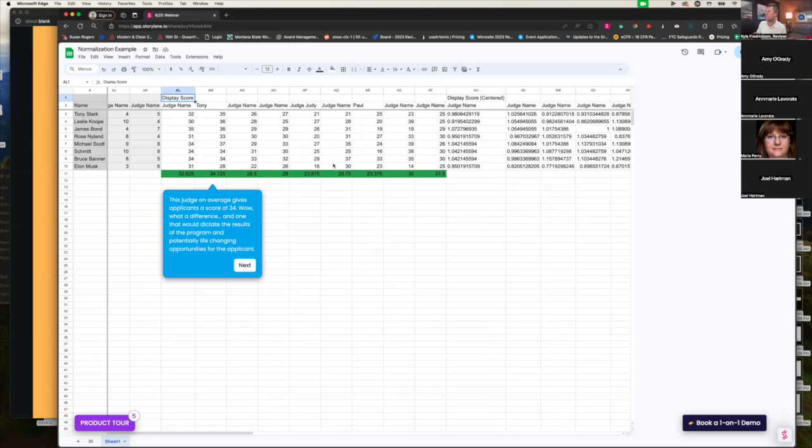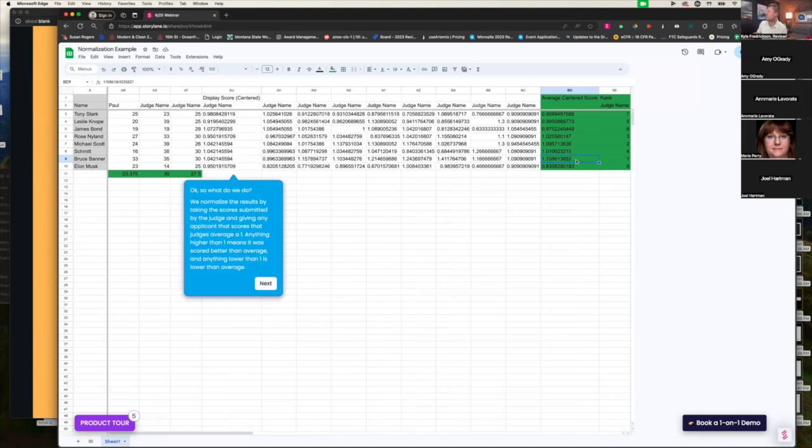Well, now that we know this, we can change the results. So now, instead of getting a score of a 24 from Judge Judy, that's now a 1 because that's Judge Judy's average, right? So now you get a 1. Anything that Judge Judy scores higher than 24 is now going to be like a 1.1. Anything lower than that's going to be like a 0.92. I'm making up some numbers here. So we can take these new centered scores, and here's what your new results look like.